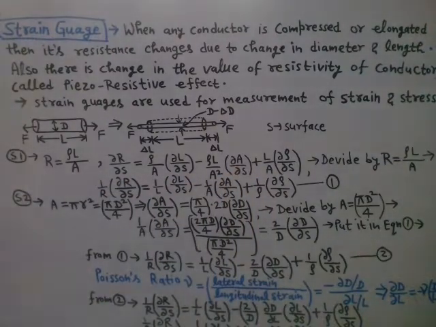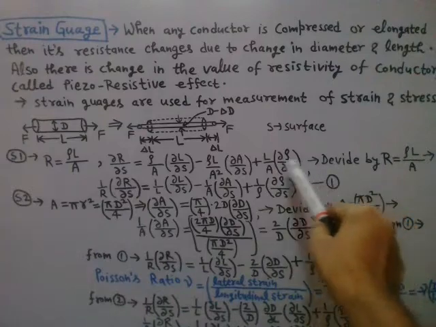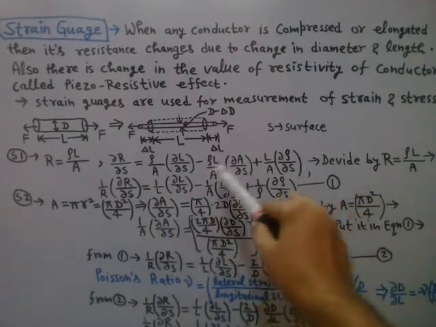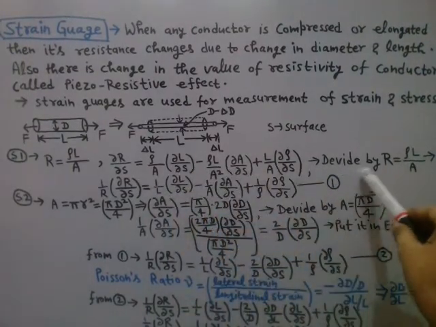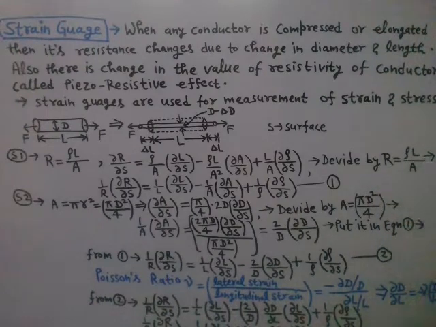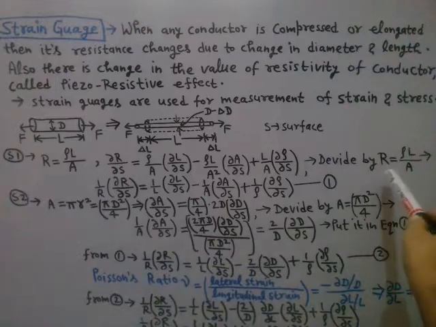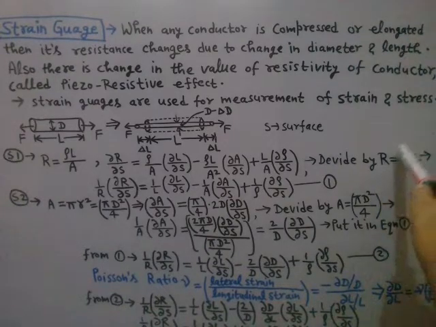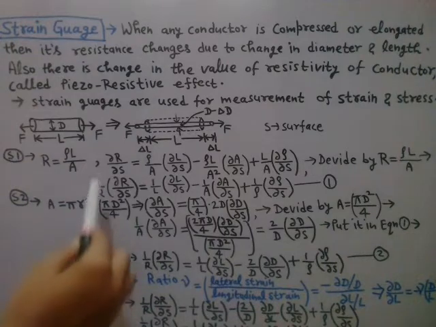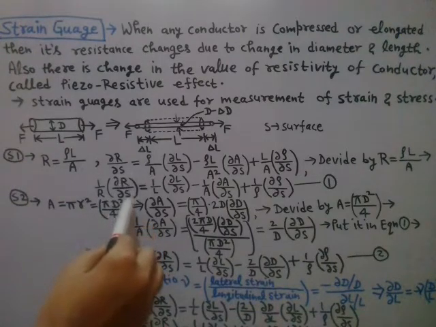So now divide this whole equation by R is equal to rho L by A. Divide left hand side by R and divide right hand side by rho L by A. So when you do this, you will get 1 by R del R by del S,